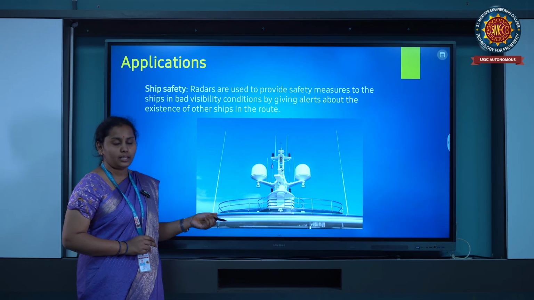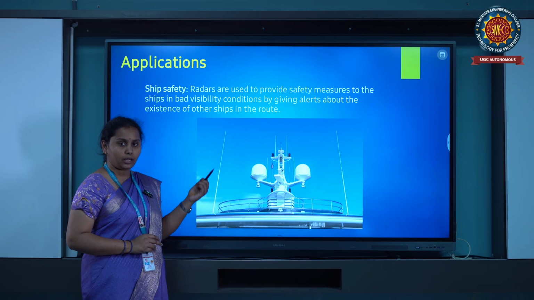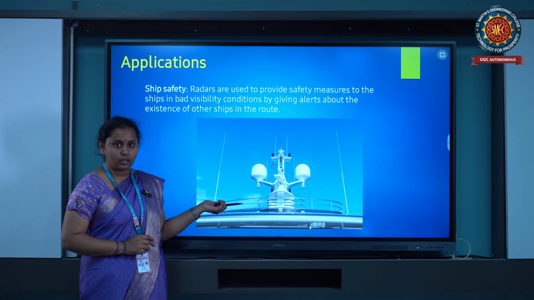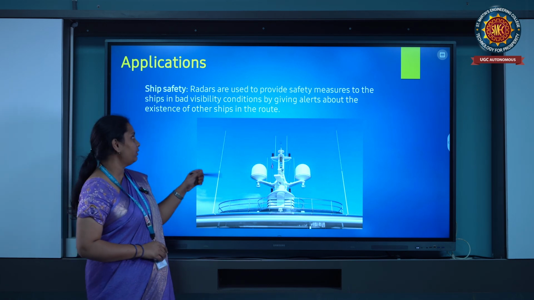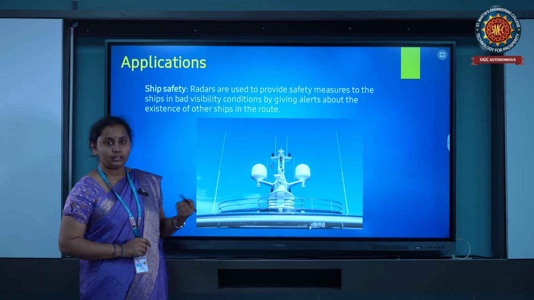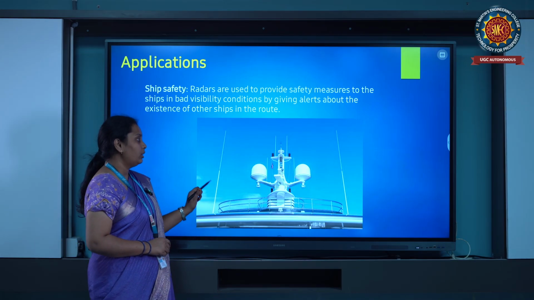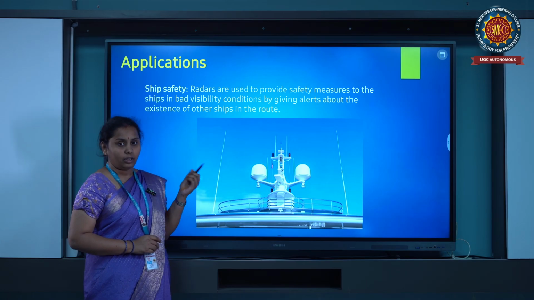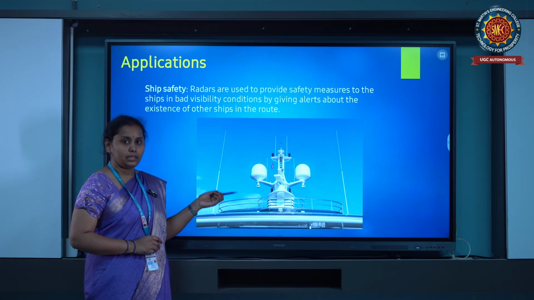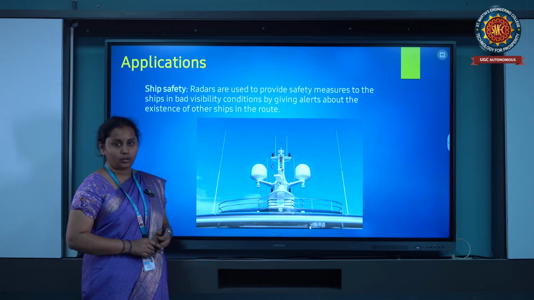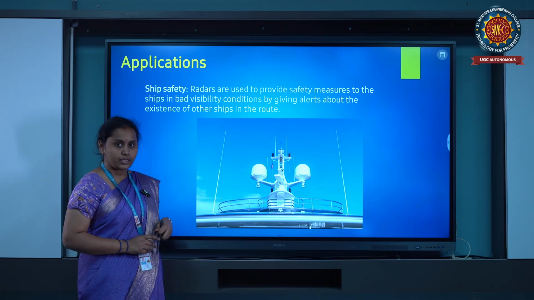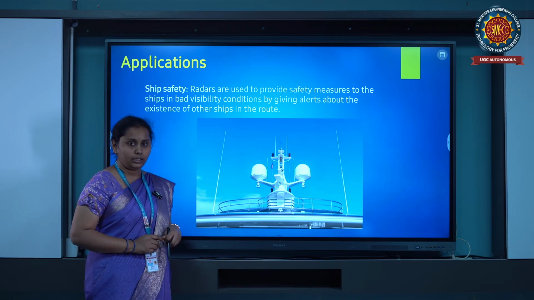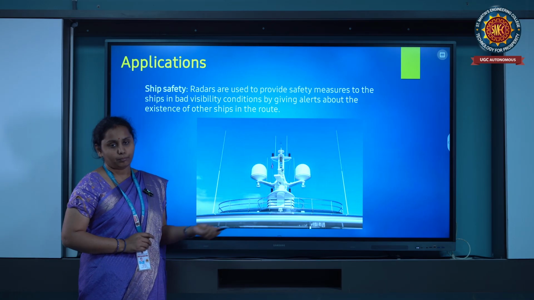If any missiles or other enemy ships are coming towards our ship, then we need to detect them. For that purpose, we use these radars to detect other ships. If there is a missile placed in the water by enemies, or if enemies are coming to our ship, we need to know early so that we can know the threat before the accident happens.